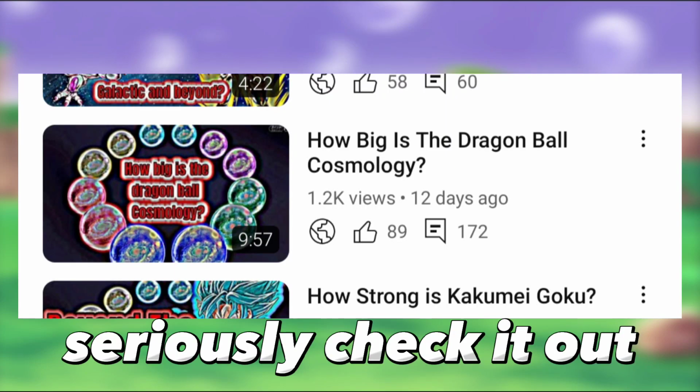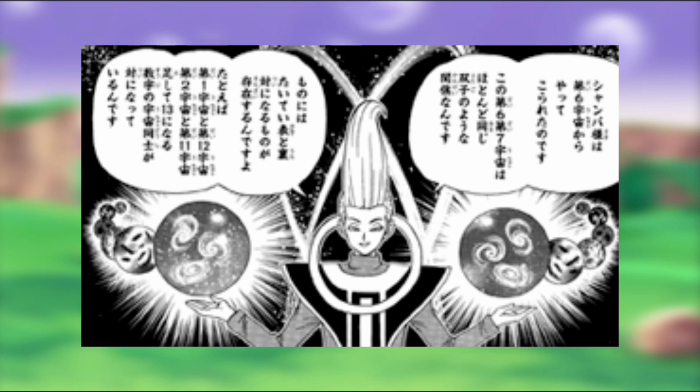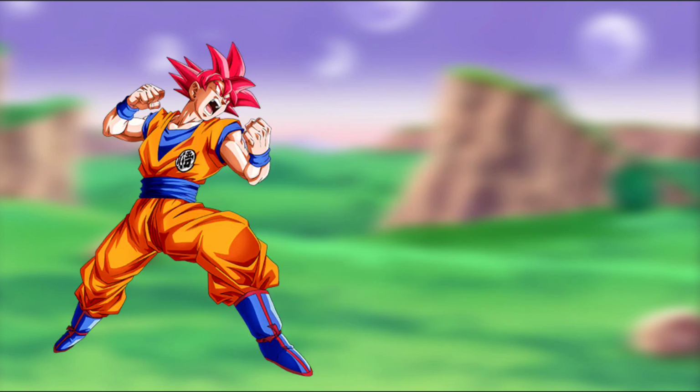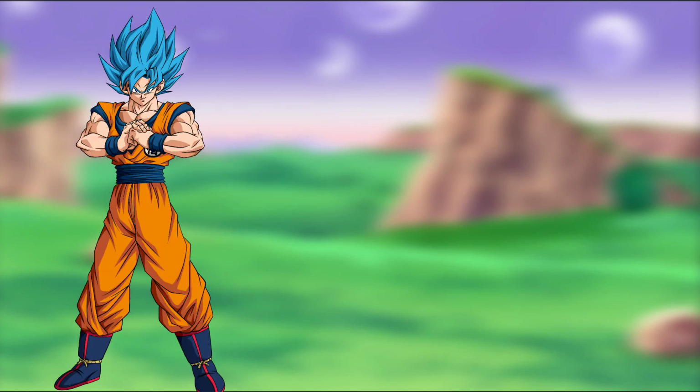And if you've seen my Dragon Ball cosmology video, you know that the macrocosm and universal bubble is not the same construct, meaning the bubble contains the infinite macrocosm, making it a higher level of infinity. So that's why the thumbnail of the video is transcendental, because the Super Saiyan God multiplier is probably by this a transcendental multiplier. Now for Super Saiyan Blue, if we go by Vegito's statement, Super Saiyan Blue can go from